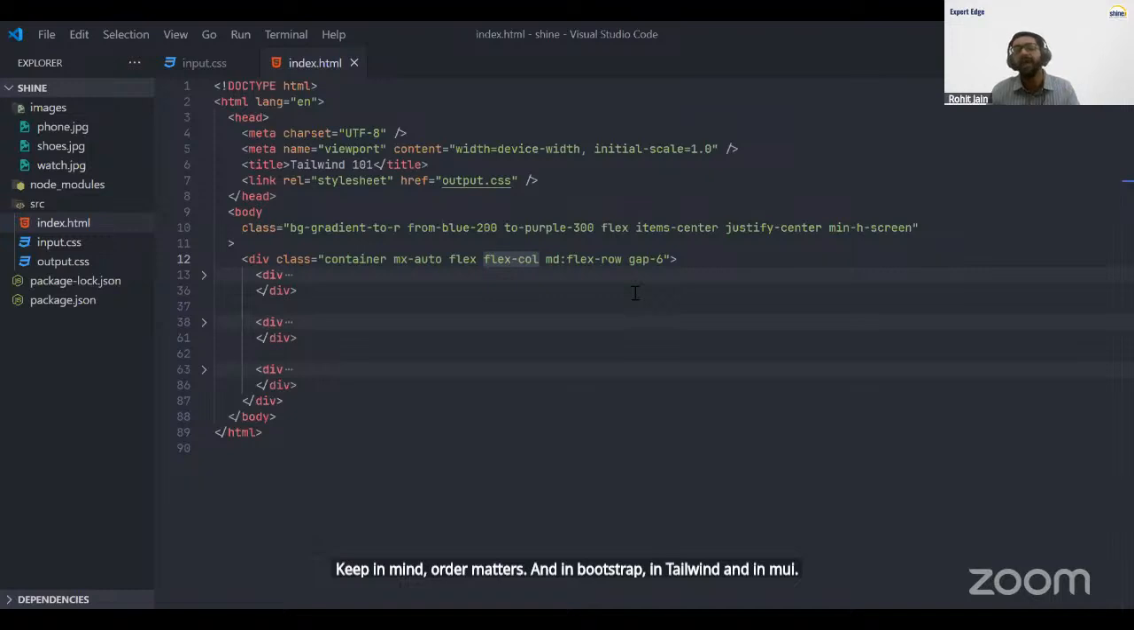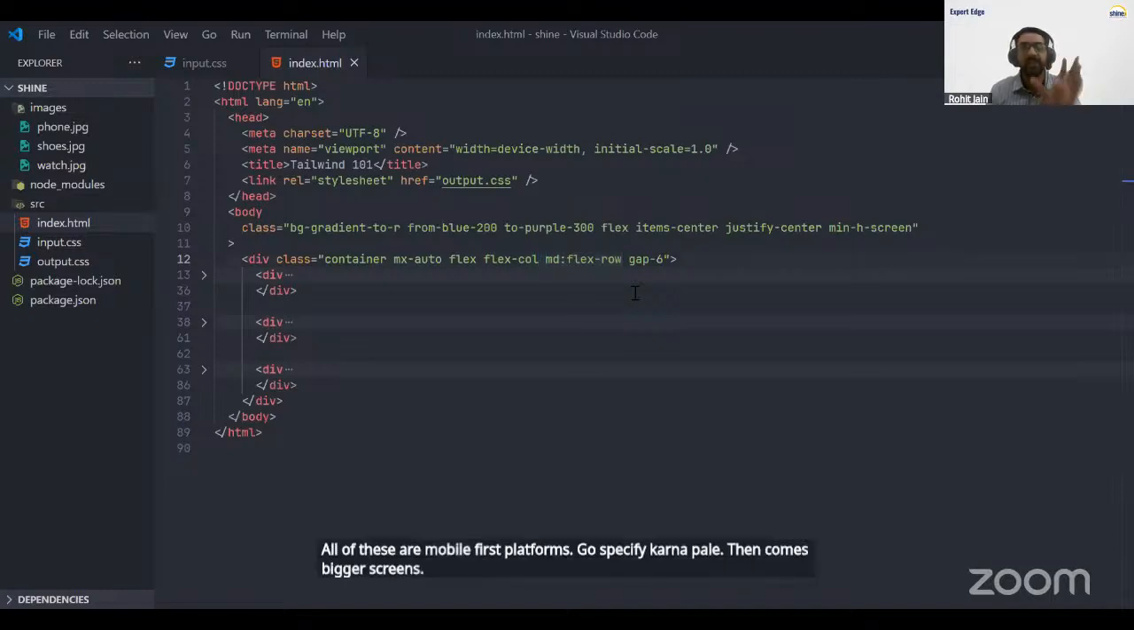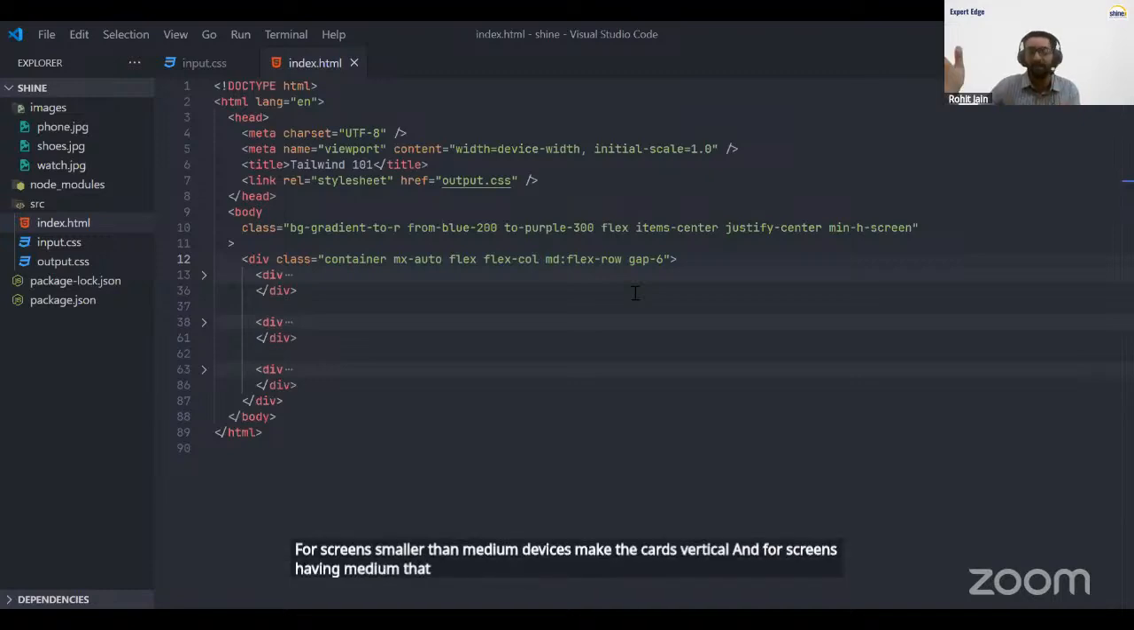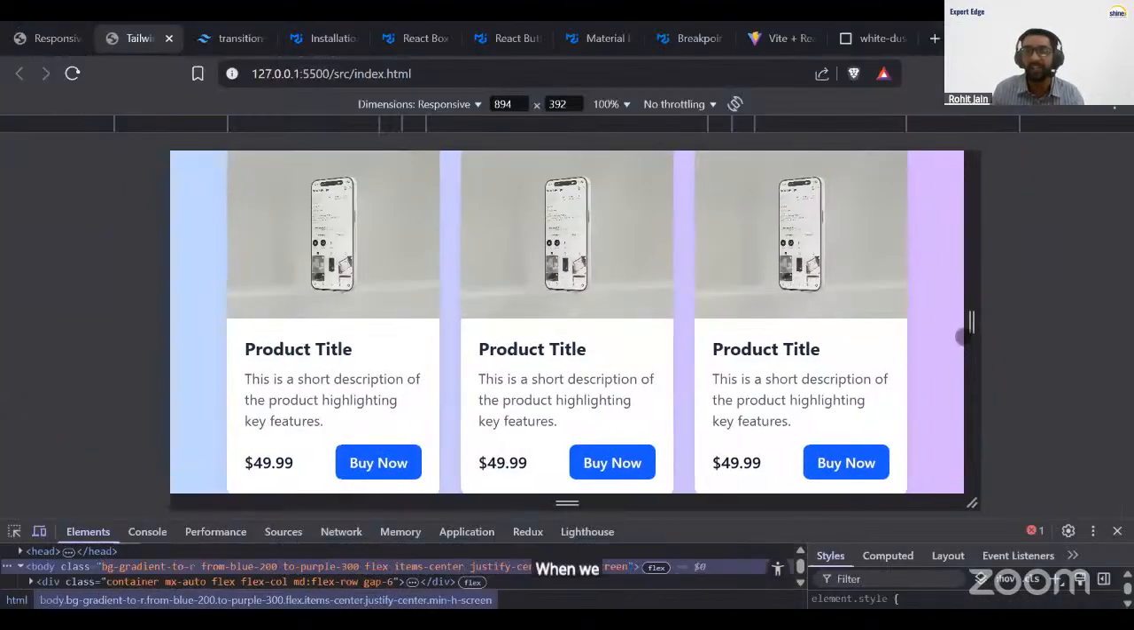And in Bootstrap, in Tailwind, and in MUI, all of these are mobile first platforms। छोटी स्क्रीन में क्या करना है पहले वो स्पेसिफाई करना होता है, then comes bigger screens. For screens smaller than medium devices, make the cards vertical, and for screens that are considered medium and above, make them horizontal ये हम कह रहे हैं। तो 768 से बड़ी डिवाइसेस पे तो आप देखेंगे ये हॉरिजॉन्टल है, लेकिन when we go into smaller devices,